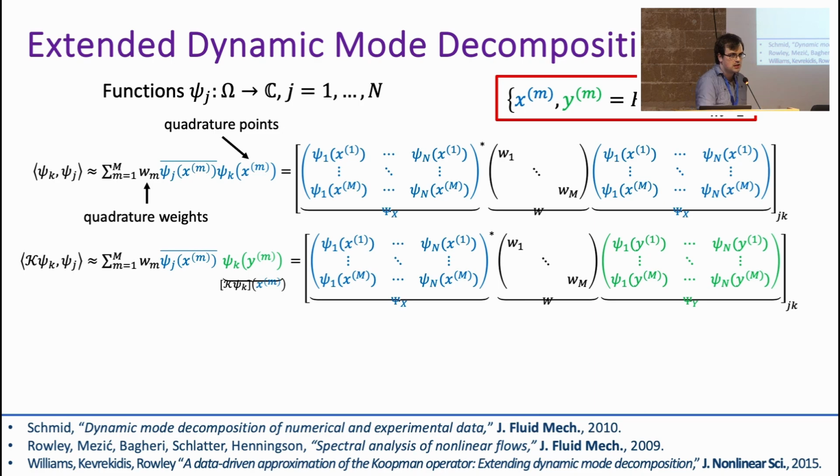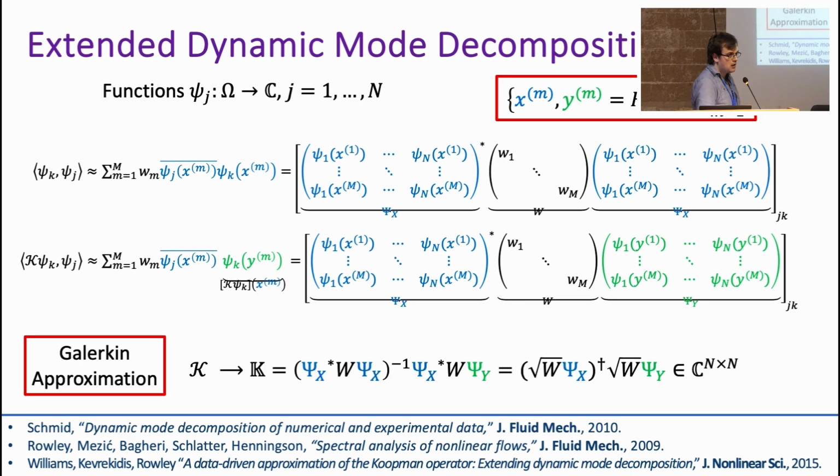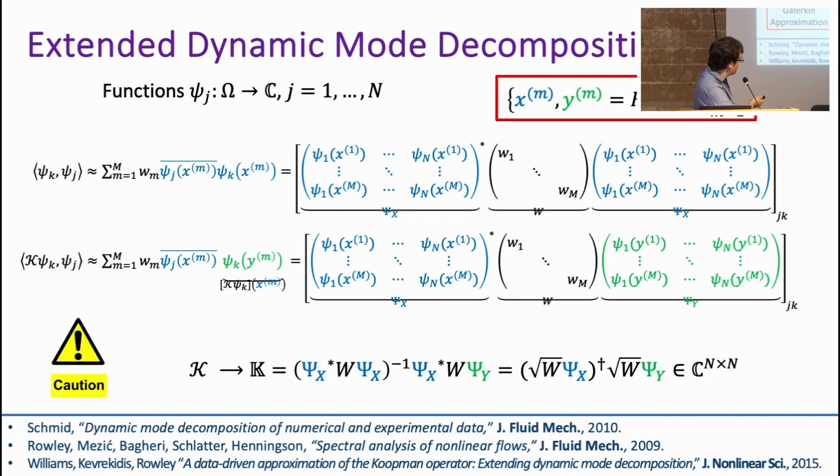Okay, so what does EDMD do? It builds a Galerkin approximation by taking the inverse of this matrix applied to this matrix here. So in other words, it's a projection of your infinite dimensional Koopman operator to a finite dimensional space corresponding to the linear span of these basis functions. But of course, I just showed you the example with the shift operator. You have to be cautious. Okay, so if we actually want convergence to the spectral properties of the Koopman operator, not only that, convergence, Koopman mode decomposition and forecasts and things like that, we have to be careful.